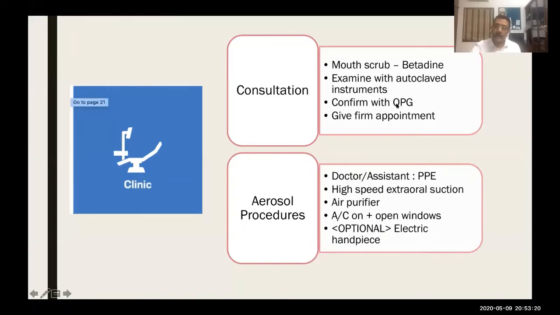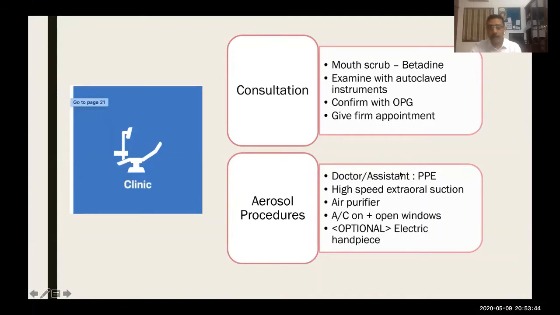We will confirm the entire treatment with this and then give a firm appointment. So till now, our PPE, what we are wearing is just a scrub, goggles, and a 3-ply mask. Better is an N95 mask. Suppose we are going for aerosol procedures or any other procedure more than a consultation, I suggest